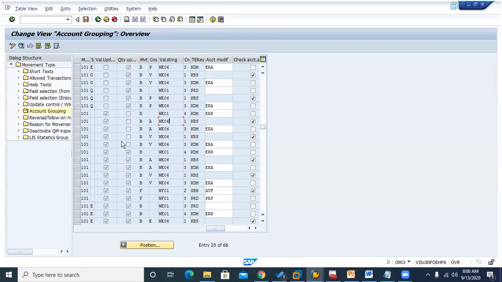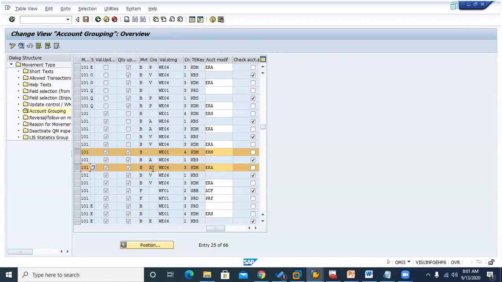And we have to look at the value and quantity updates also, the ticked ones. So here there are many that are ticked and which are blank. We reached up to here with many of these. So which one do we have to identify? Again, we can go here. These two at the bottom are filtered out because they have the F. And when we reach here and go to the next column, you can see there is a VV, which is consumption. We don't want that one also. It is also filtered out.